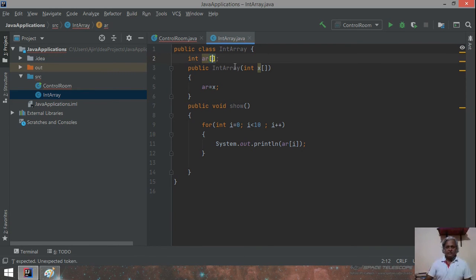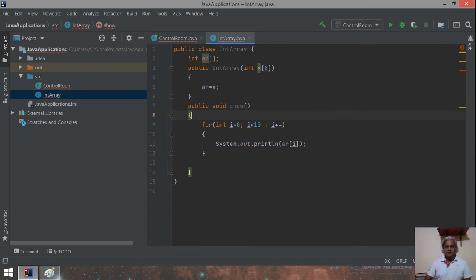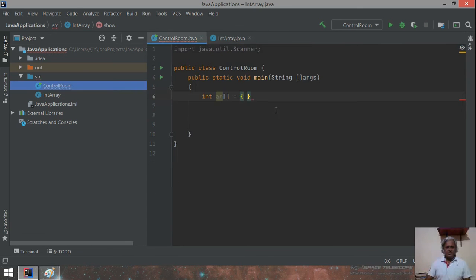Now it says that it cannot be mentioned like this, it should be the box. So here this is IntelliJ IDEA, they say that it should be like this. Here you can write 8 or 9, and from there